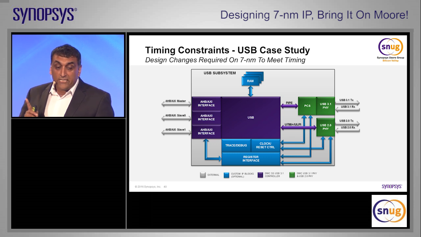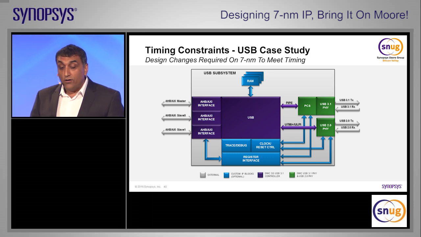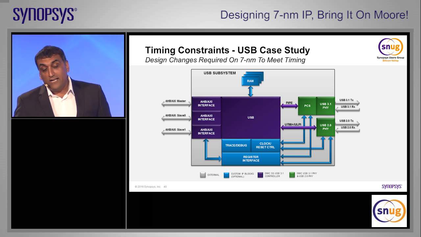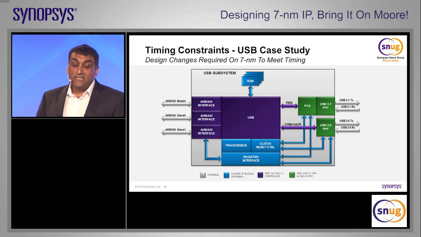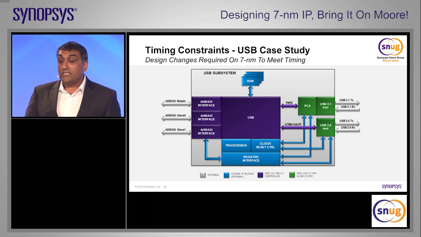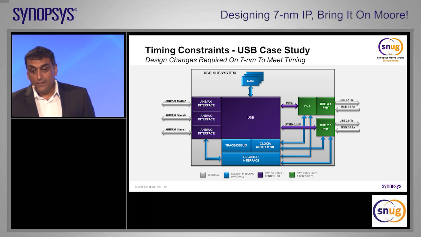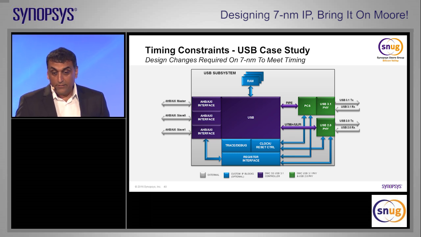The second thing we did was we separated the function into two voltage domains that would shift depending on the power mode. And the third thing was related to the hold time challenges. With the hold time challenges, we had to come up with a new architecture to solve that problem. If you're interested, I can share the details of the architecture, but in a public audience, I'm not able to do that.